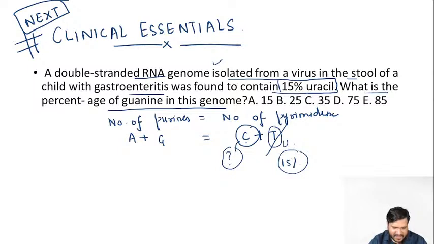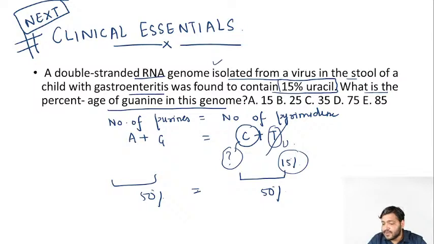So remember that adenine plus guanine is equal to cytosine plus thymine. Remember that it is both 50% and it is also 50%. That's why these two things will be equal to each other. Okay, guys, remember that uracil